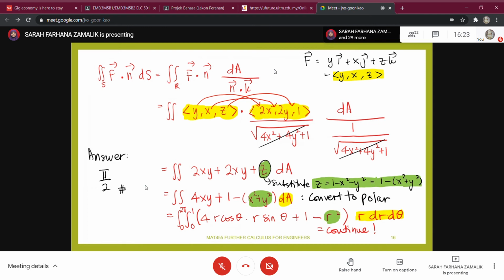So this one, number 2, you evaluate the surface integral. We apply polar because it is a circle here. Its projection is a circle. Because this is a double integral, there are only two possibilities for what you can use to evaluate: whether polar coordinate or Cartesian coordinate. Okay, so if you are okay with exercise number 2, let's